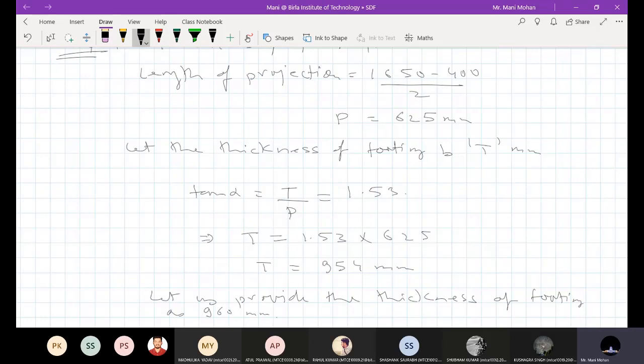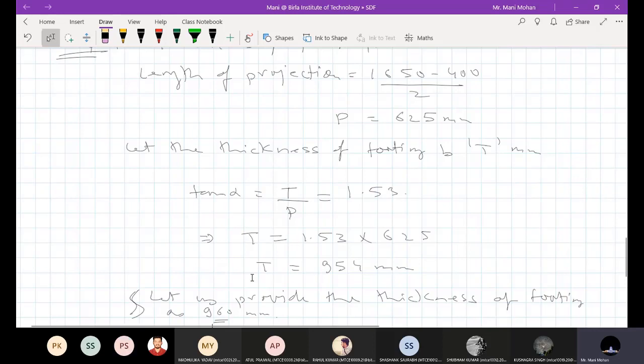Okay. Now, if I want my thickness to reduce, what should you do? How can you reduce the thickness of the footing? Now here you see I am having 960 mm. Now I don't want to provide 960 mm. I want to provide a little bit less thickness of the footing to save concrete, because if I compare brick and concrete, concrete is going to be expensive. So what should you do such that my thickness of the footing reduces?